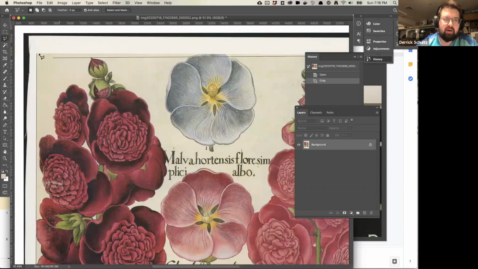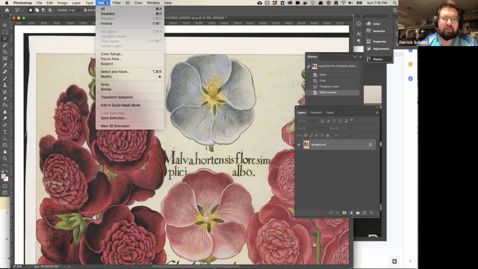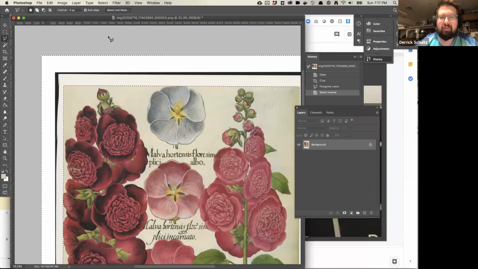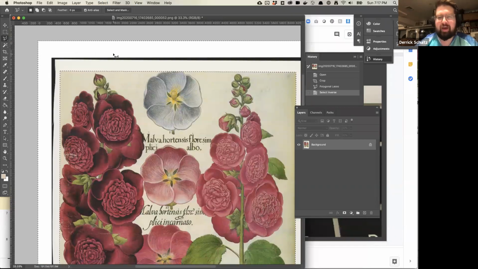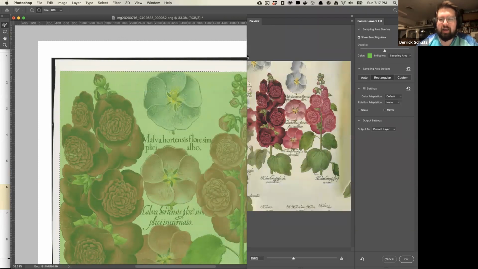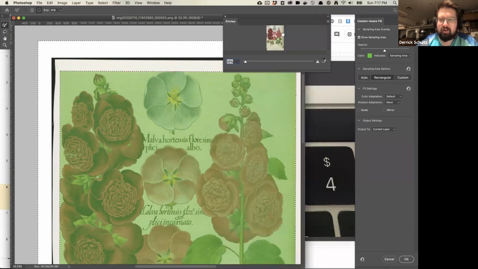So I'll just come in here. And then the key command for inverse, because I want everything that's inverted, is Shift Command I, or Select, Modify, Inverse, or Select Inverse. After doing this many times while watching TV, I feel like I can do it with my eyes closed. I'm going to go ahead and hit the content aware fill tool. What's going to happen is it's going to try to calculate how to fill out this image, right? And you'll see it kind of did okay. Oops, let's see if this works still.